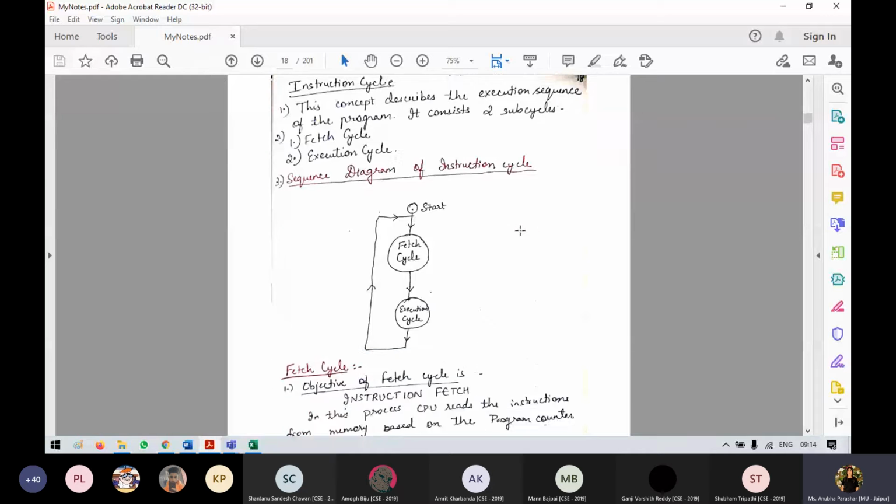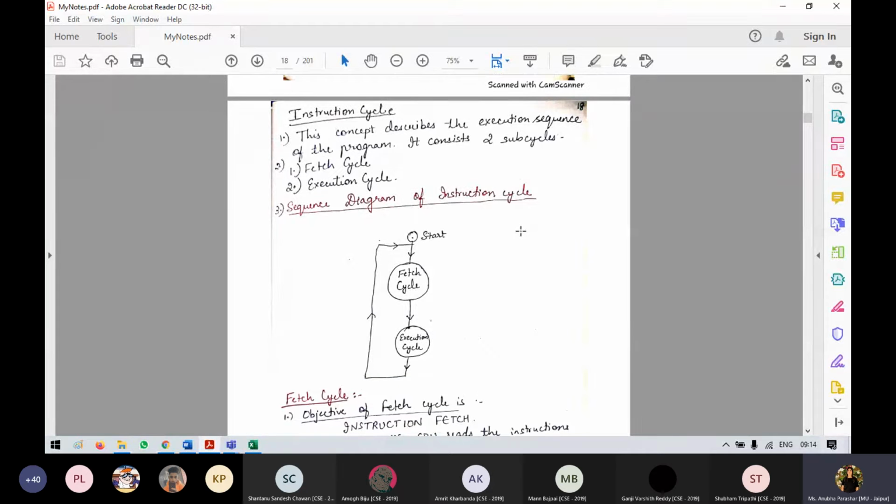Let's go with it. So the instruction cycle is used. First, we have to take the program. To execute a program, we require some instructions. All the programs are lying in secondary memory. Now the programs need to be in RAM, that means primary memory, for execution. Once the programs are in RAM, then you have to execute them.